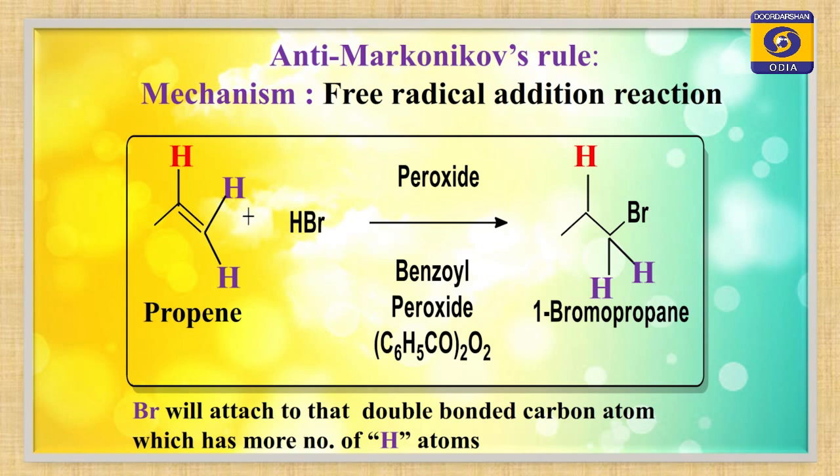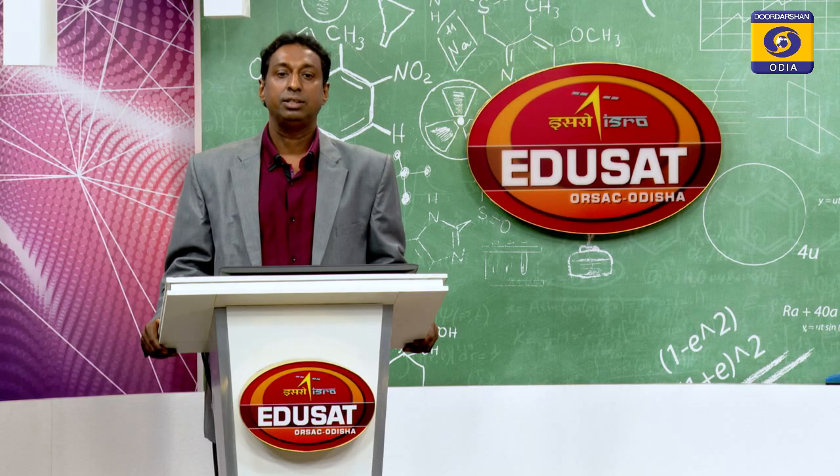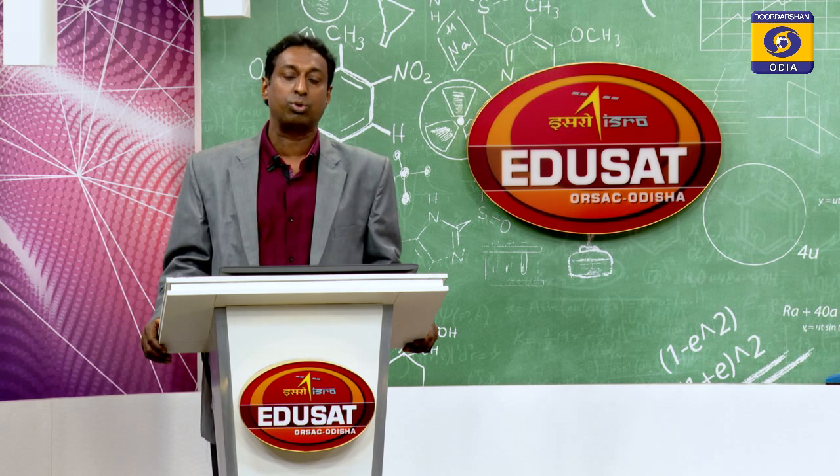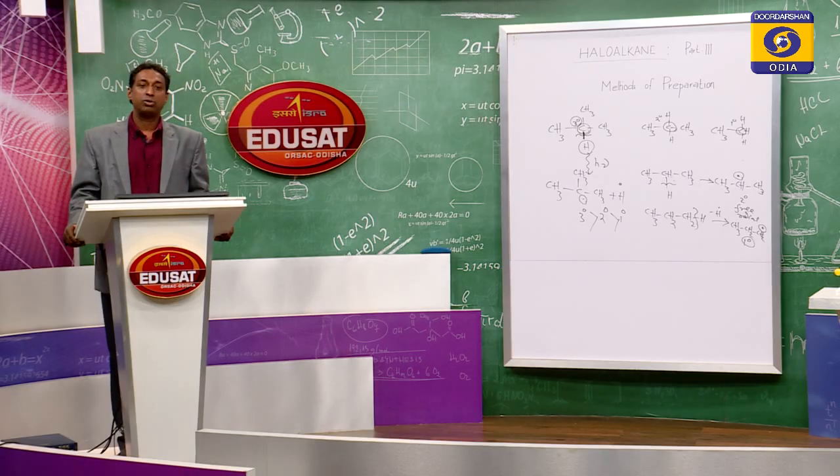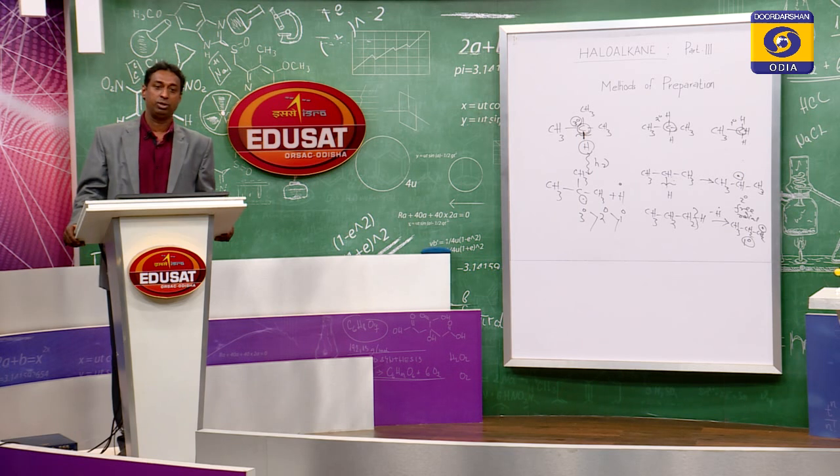In presence of peroxide, the HBr bond will break to produce a free radical, but the HCl and HF bonds are very strong, so the peroxide cannot break these bonds. Similarly, HI, in case of Markovnikov's rule you can add, but in case of anti-Markovnikov's rule you cannot take HI, because HI undergoes very easy cleavage to give you H dot and I dot, but the I dot will recombine with one more I dot to give you an I2 molecule. So, the free radical is not stable in that case.